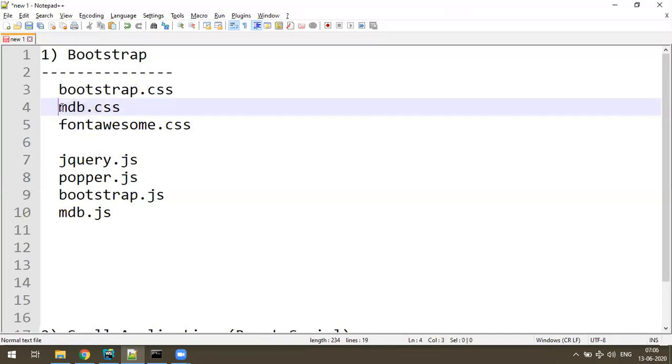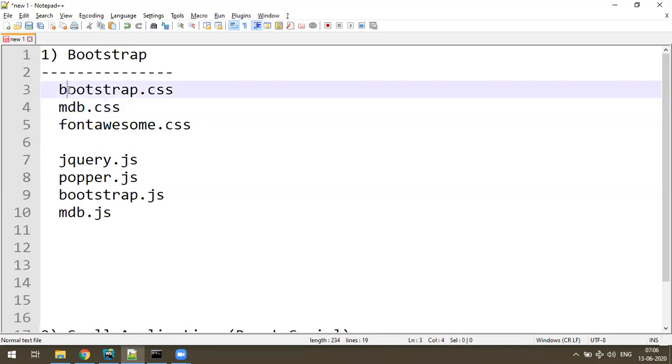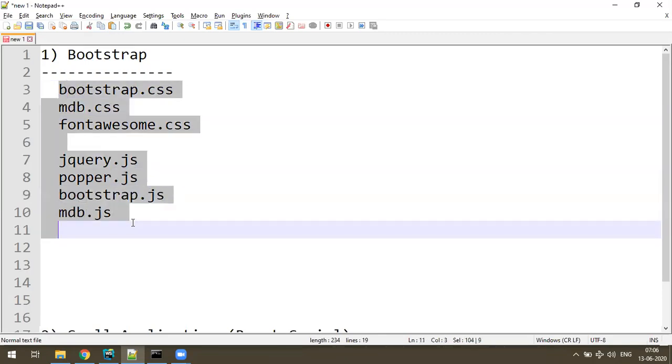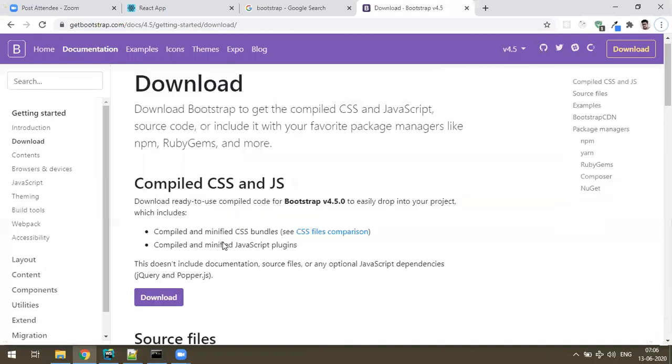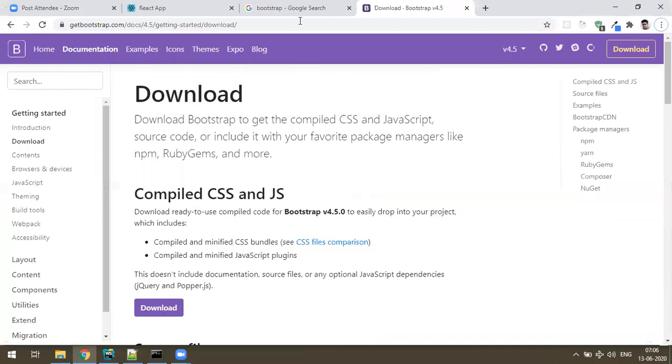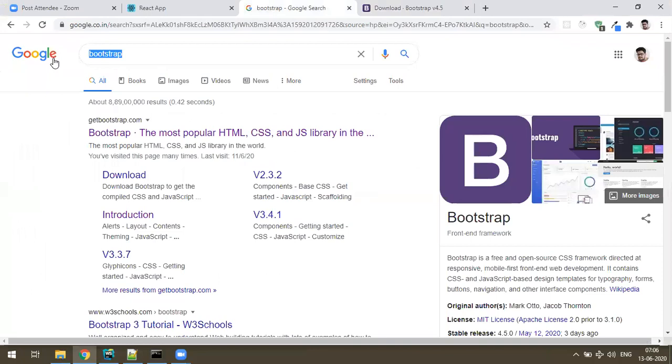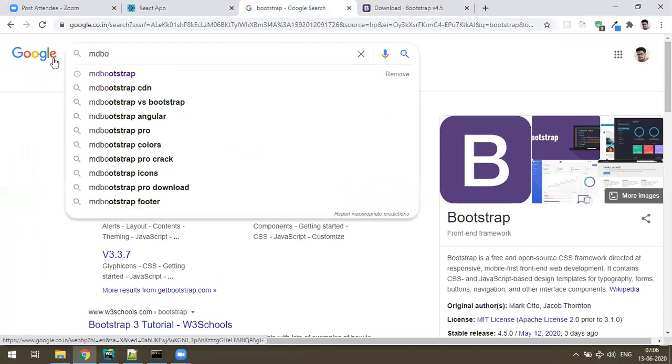Some Japanese developers have developed another library called Material Design Bootstrap, which is built on top of Bootstrap. So if you download MDB, internally all these files will come. So I suggest that instead of going to plain Bootstrap, I want to go to MDBootstrap.